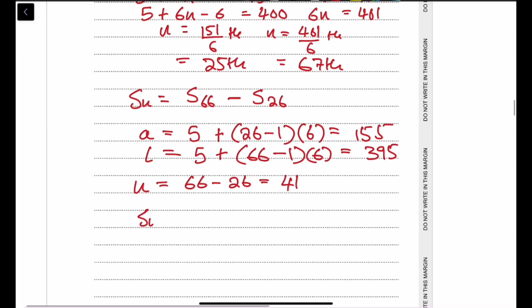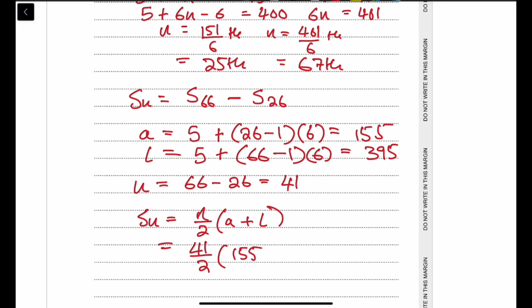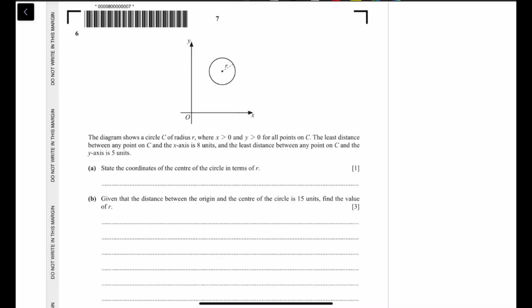And then if we plug that into our sum formula, which is n over 2 times a plus l, it gives us 41 over 2 times 155 plus 395, which gives us 11,275. Question number 6. The diagram shows a circle C, radius r, where x is greater than 0 and y